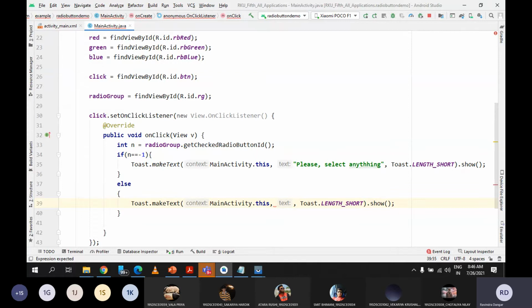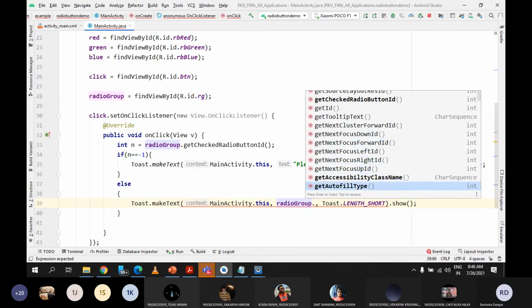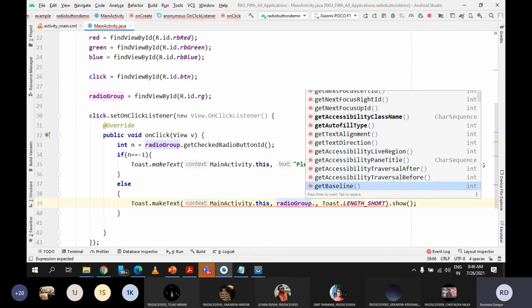Yeah, so let me go with radio group dot something. Inside radio group we have these many methods.